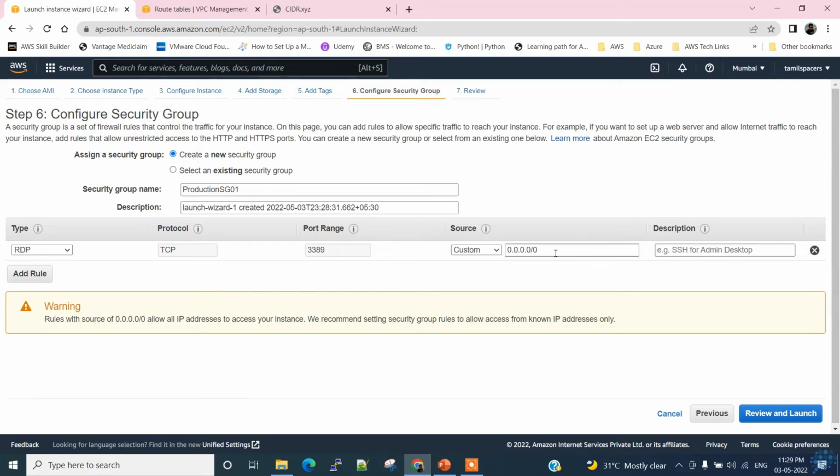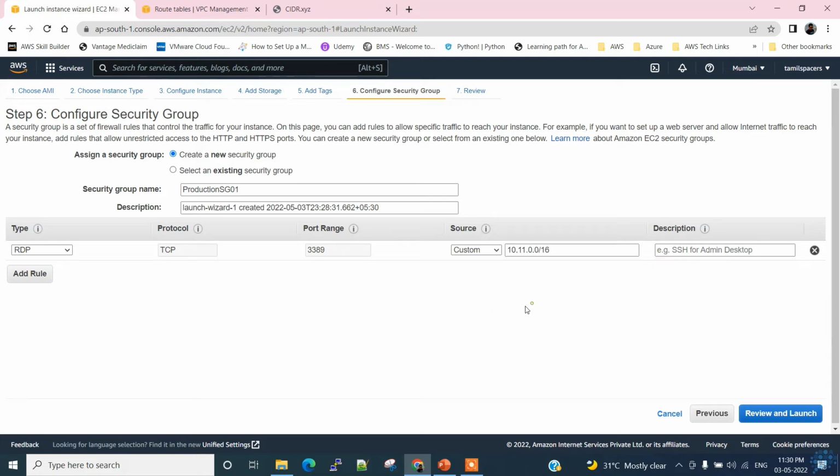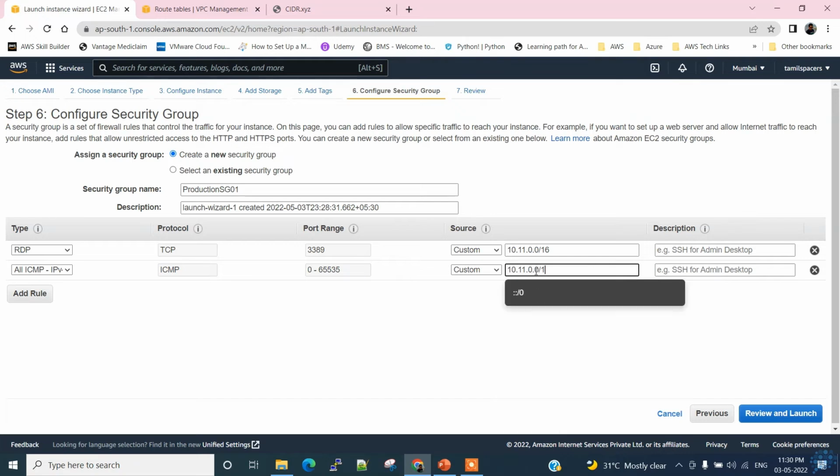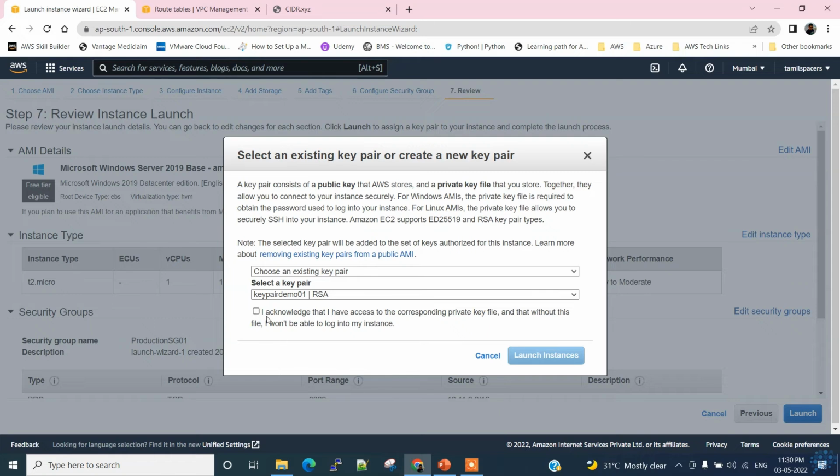We don't want to allow the RDP connection from any network, but we want to allow it only from our management VPC. So let's give the CIDR block here, 10.11.0.0, and I'm going to give the whole CIDR block here. Okay. Review, launch, and